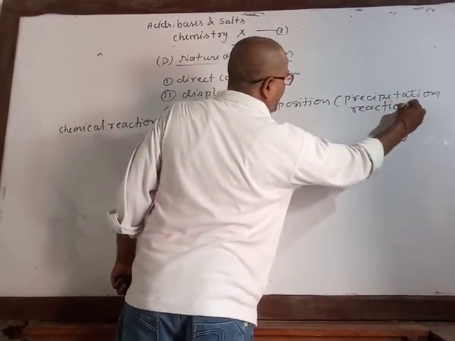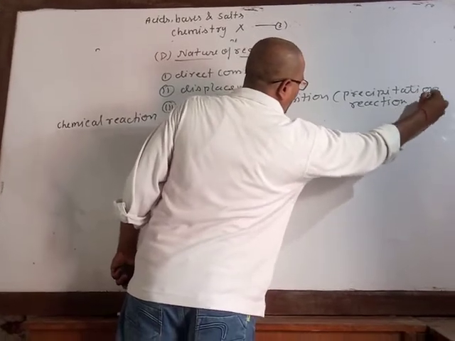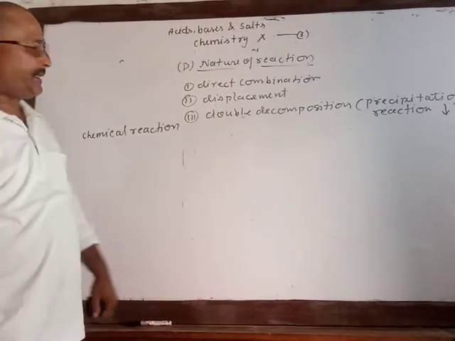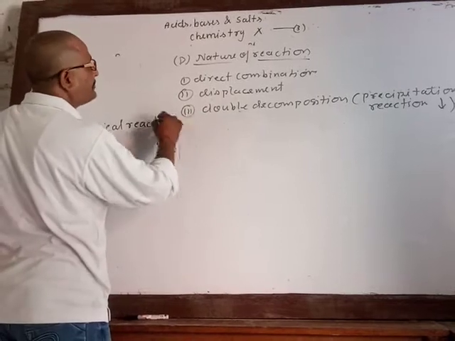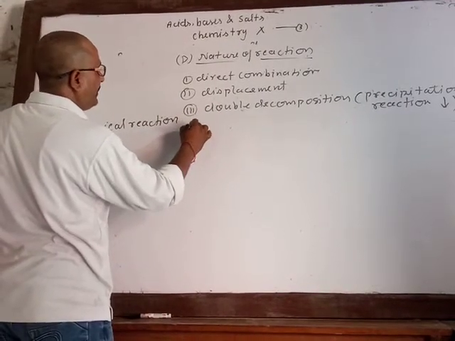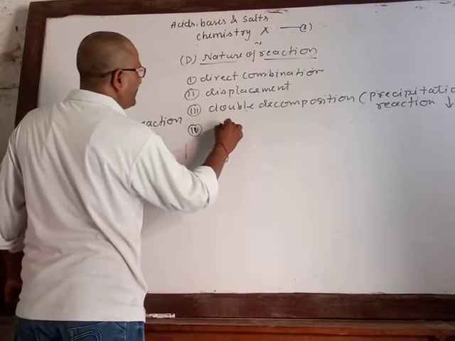The symbol of precipitate is arrow downward. This is the symbol of precipitate. Fourth one, decomposition